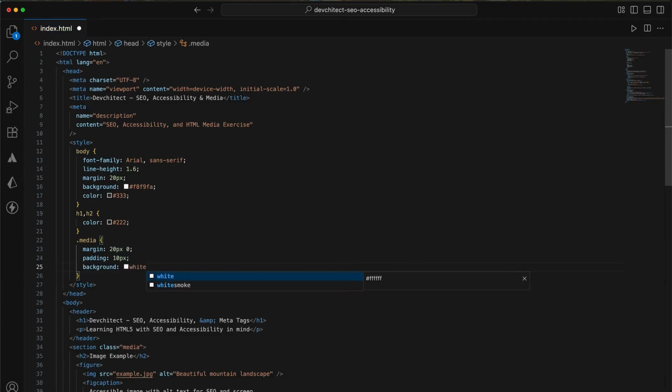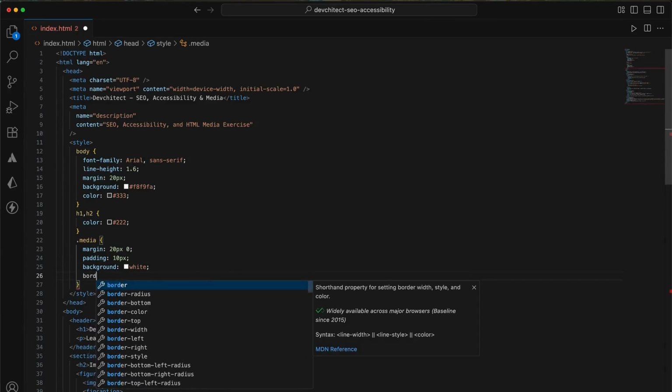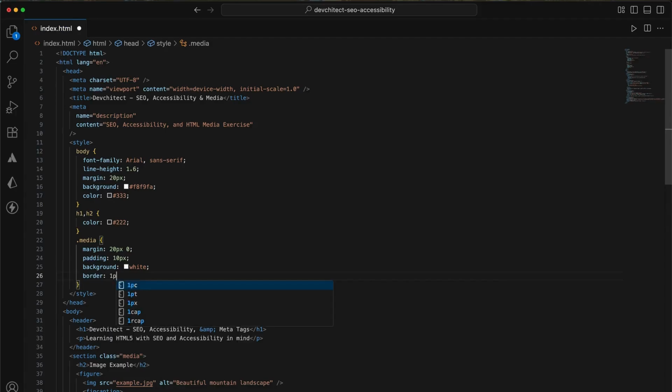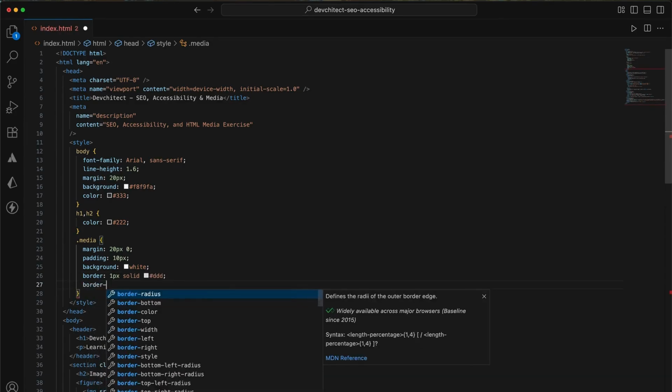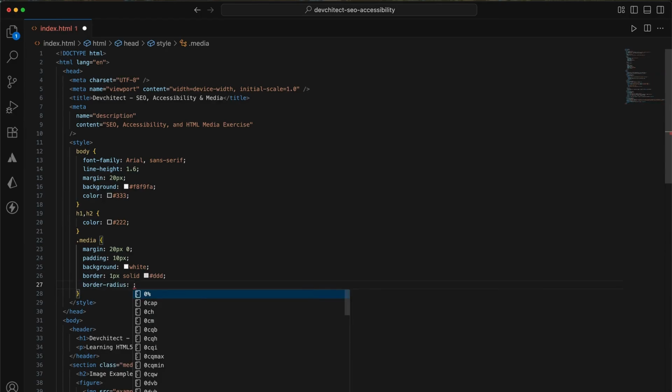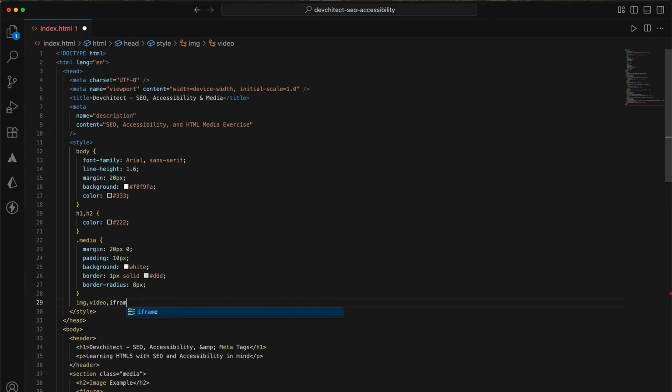a white background, a subtle border, and rounded corners to separate it visually from the rest of the page. Next, let's make sure images, videos, and iframes behave responsively.